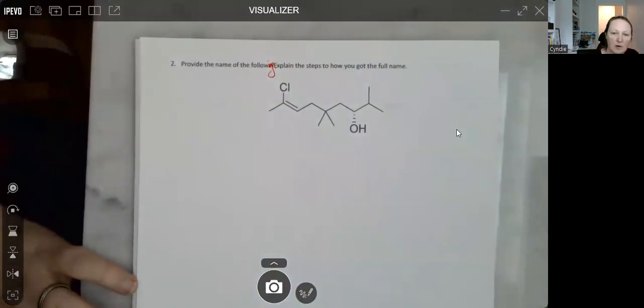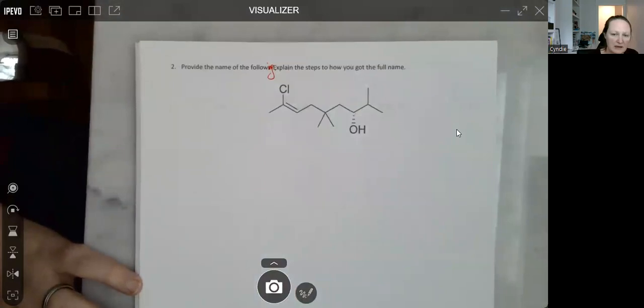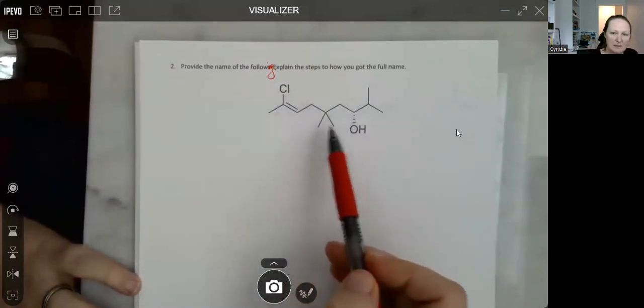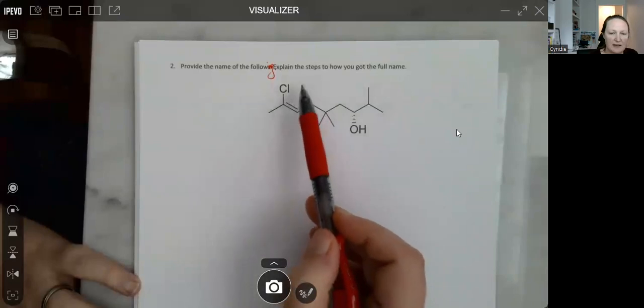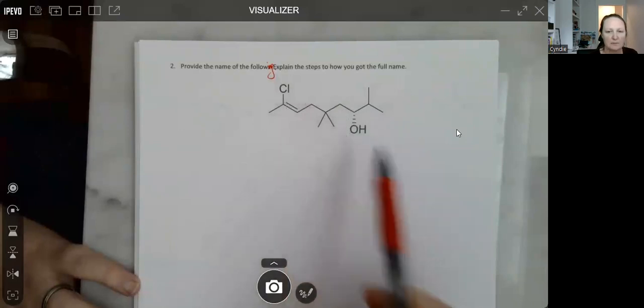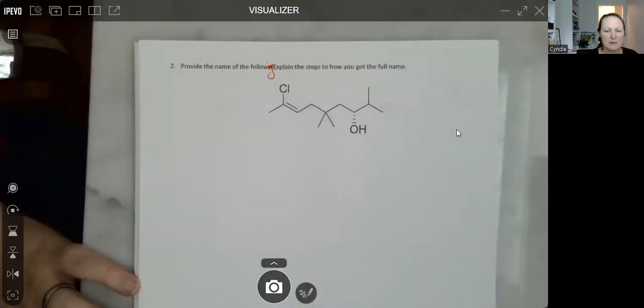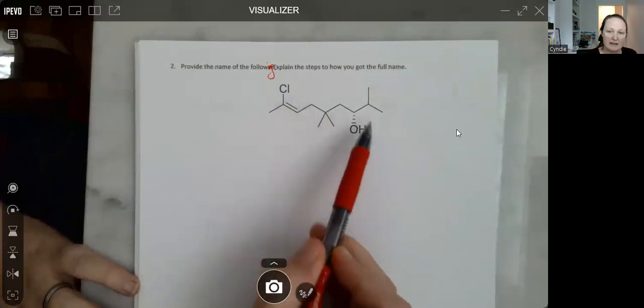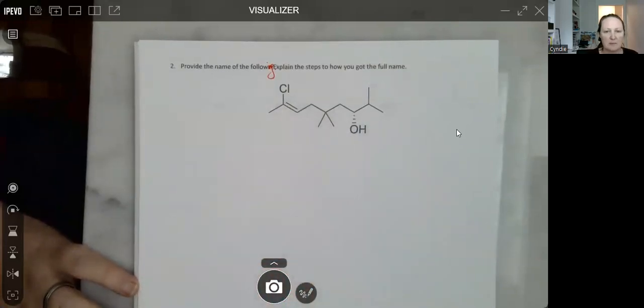Okay, so we are looking at functional groups here, right? I see that I have a fairly long carbon chain, some alkyl substituents. I have a chloro substituent. There's an alkene, right? And then there's also an alcohol. So given all of these functional groups, the alcohol has the highest priority. So it will be in the parent. And when you have both an alcohol and an alkene or an alkyne, the alkene or alkyne also gets included in the parent. So we're going to make sure that the alkene and the highest priority alcohol get included in